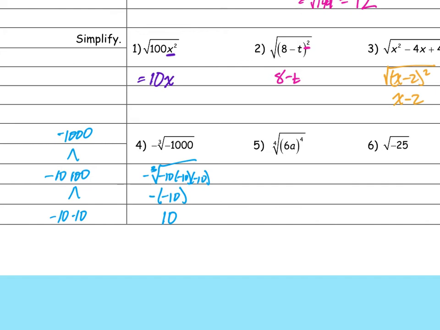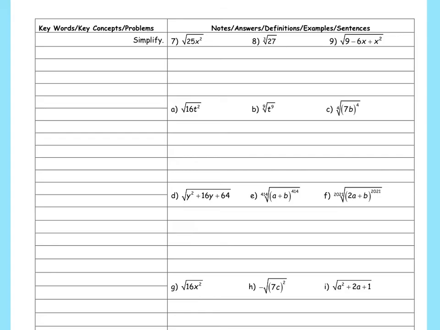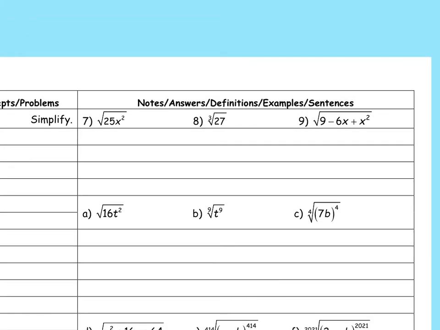Well, the fourth root and the fourth power cancel each other out, so I get left with 6a. And then, look, I have the square root of negative 25. Right now, we know that this is imaginary. We do know what it is, but we're pretending we don't know what it is, for now. So it's just imaginary. In a couple lessons, we'll work on complex numbers. Okay. And then, I'm going to do these 3, and then you guys have a whole bunch of problems to